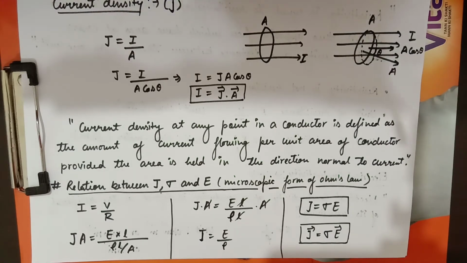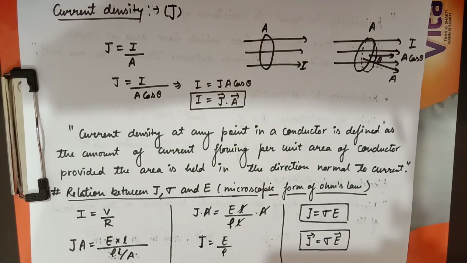So this is all for today. Today we started our lecture with Ohm's law. First we saw the theoretical or practical form of Ohm's law, that is V is directly proportional to I when physical quantities like temperature or pressure remain constant. We saw the graph between V and I, which comes out to be a straight line, and the slope of the V and I curve gives the value of R. After that we proved Ohm's law using the relation I is equal to neAvd, where R comes out to be ml divided by ne square tau into A.